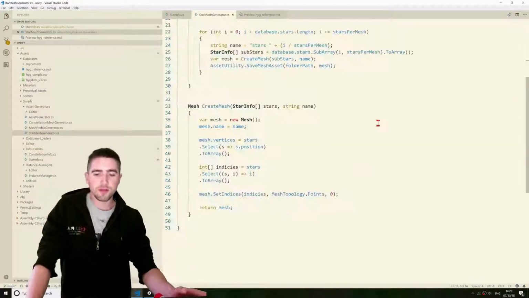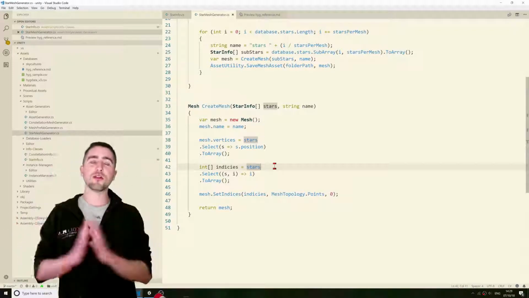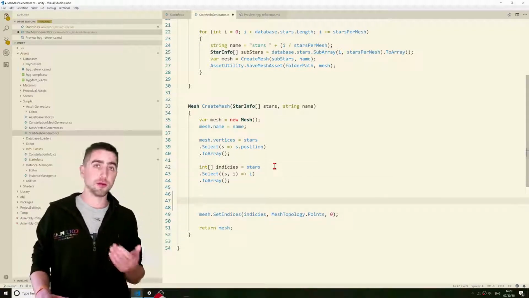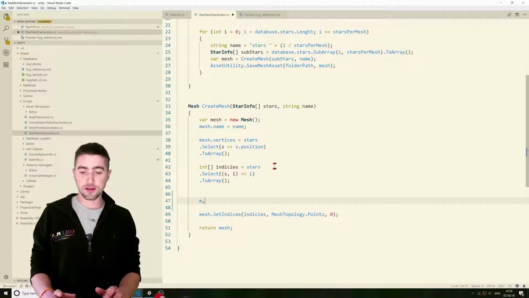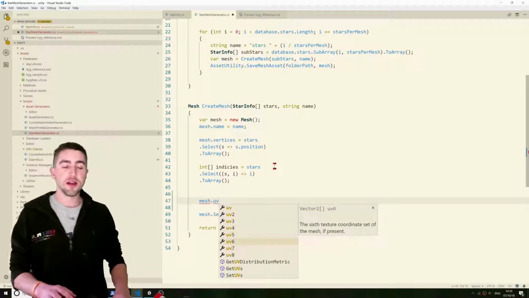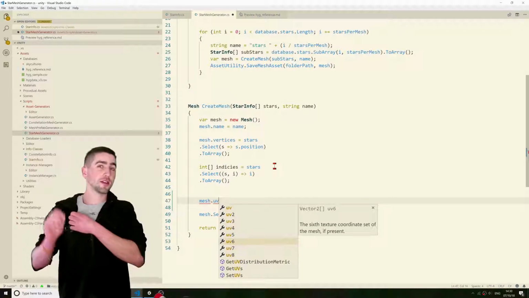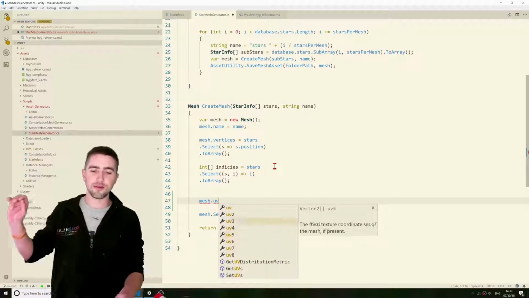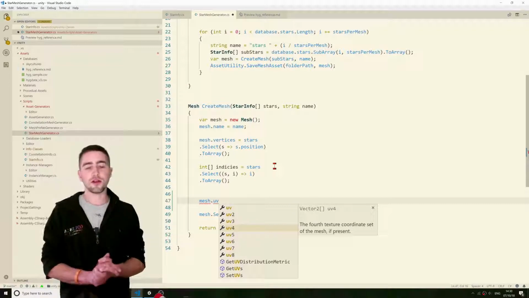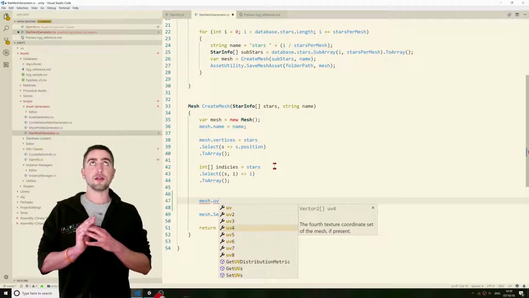I'm going to make just a bit of a note on cross-platform meshes. I've got the intention of eventually putting this on an Android device. So sometimes, for example, if we were developing for PC, we could say something like mesh.uv2, uv3, uv4, uv5, etc. Usually, if you were to pass data into a mesh that's not the standard mesh data, you'd use one of these further indices that aren't traditionally reserved for something else. The thing is that that's not going to work on Android. The Android development